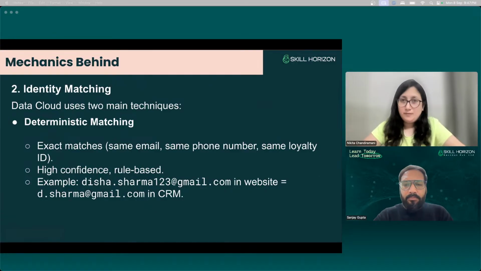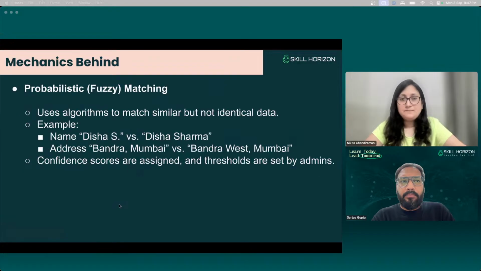Sometimes there could be a probability that two unrelated people are matched for some reason. These kinds of things happen in technology. But mostly it is roughly 80% to 85% sure that related people are going to be set in the unified profile, and work is still going on to reach perfection. So this is how the first approach was made.